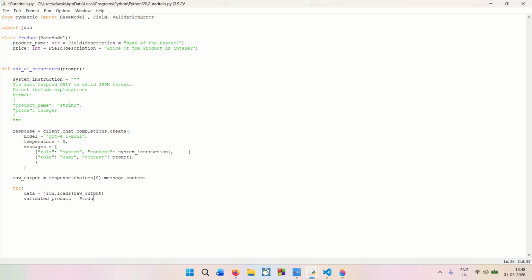If validated product, so copy this, is equal to validated product dot price, raise value error, price must be greater than 0. Okay, return validated product,